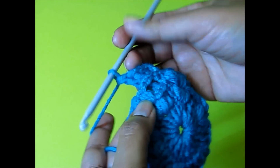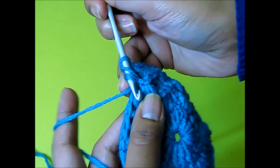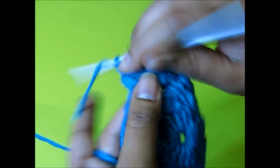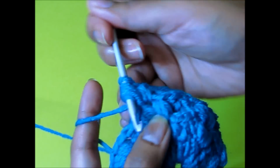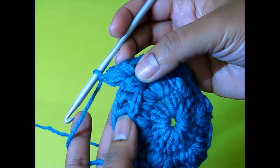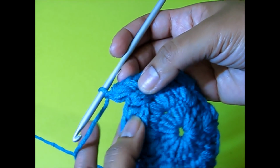Right here comes our puff. Same thing, we work our 2 puffs, or a puff V. 1, 2, 3. Hook and pull through. 1, 2, 3. Chain 1. Okay, next comes the 2 double crochets, and we're going to work 2 double crochets around each for